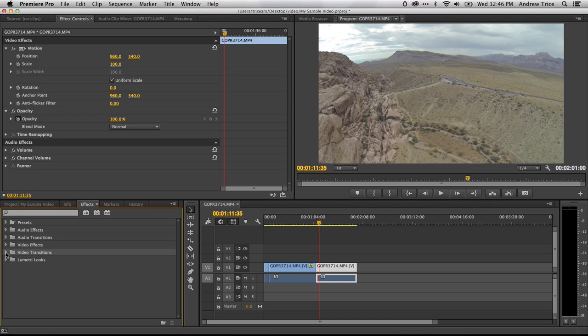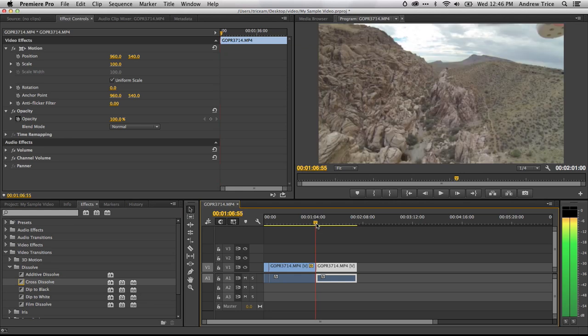And I've also got video transitions. And the first thing I want to look at is a video transition. And I want these video clips to dissolve into each other. So I'm going to select Cross Dissolve, and I'm just going to drag Cross Dissolve and put it in between the two video clips that I want to edit. So I just dragged it between the first and second, and I'm going to drag it in between the second